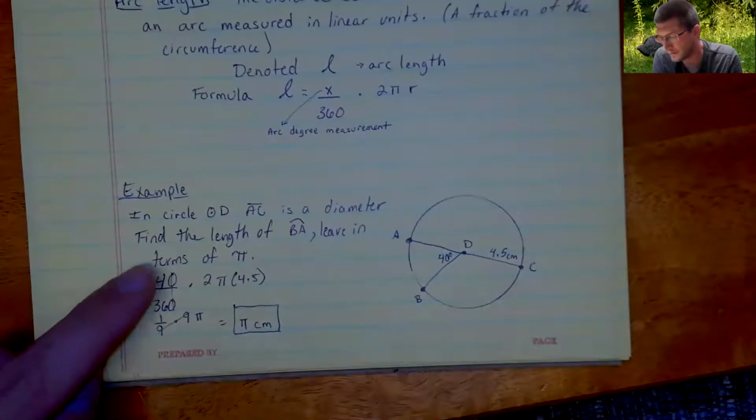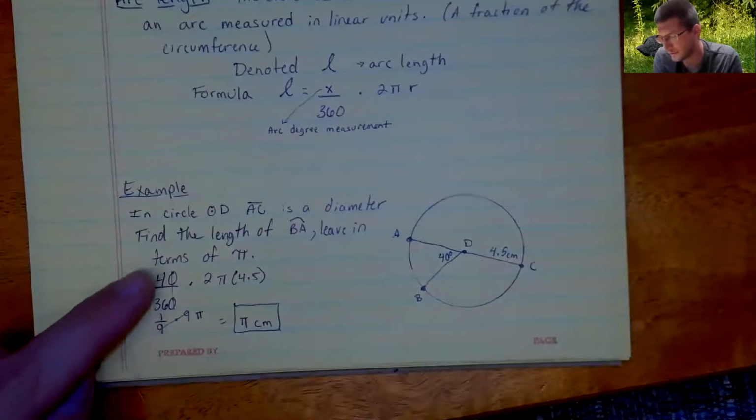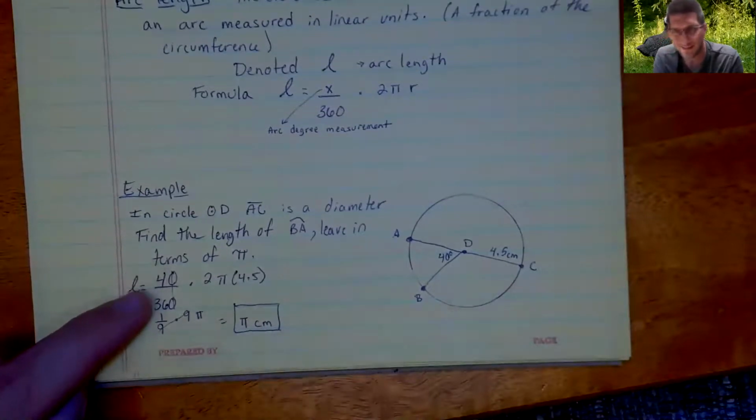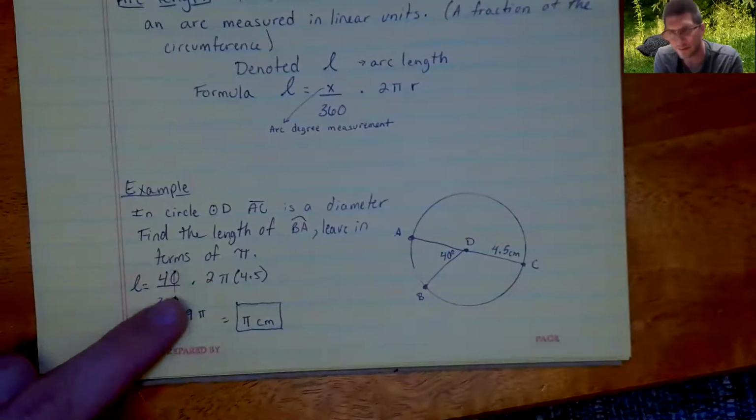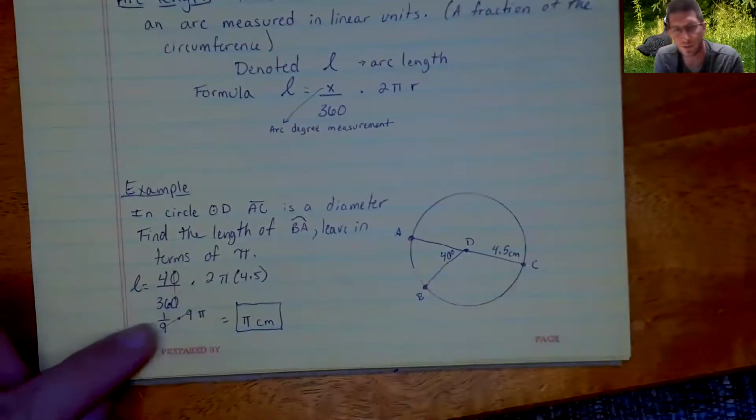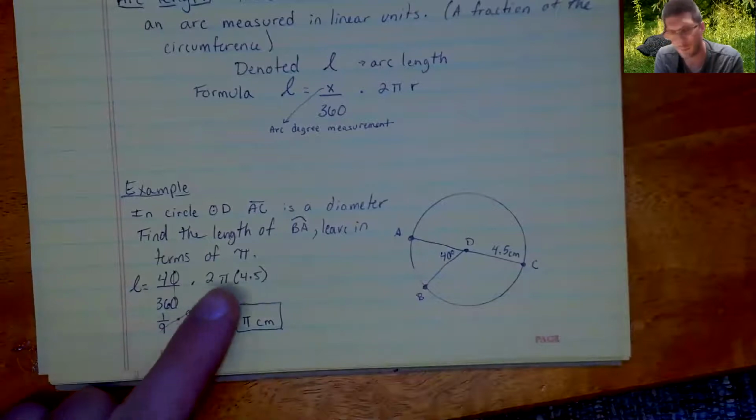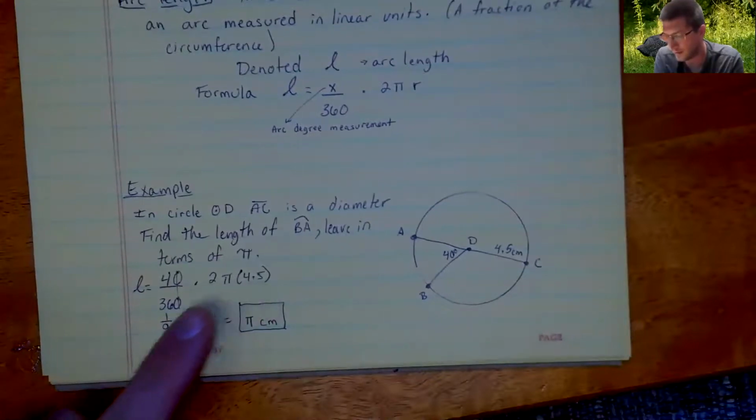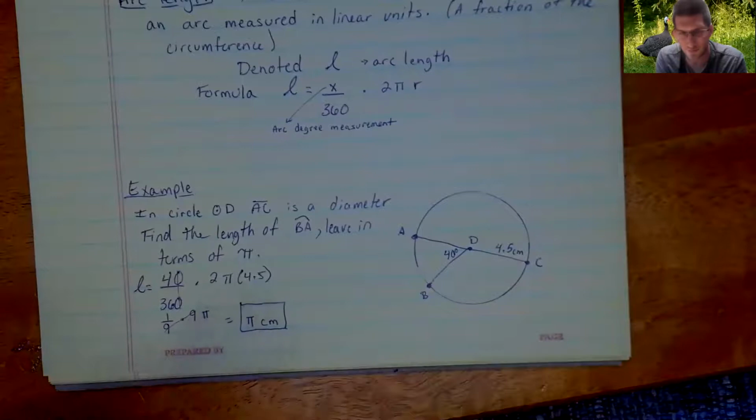So 40 over 360 reduces. It reduces down to 1/9, right? 4 goes into 36 9 times. The zeros will cross out, divided by 10. So I'm down to 1/9. 2 times 4.5 is 9. So I have 1/9 times 9 pi. The nines will also cancel out, and I'll be left with